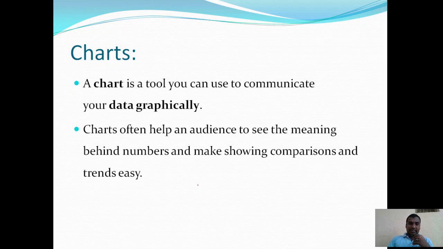So let us start with a chart. What is a chart? A chart is a tool you can use to communicate your data graphically. So we are using charts to communicate with the audience by presenting your data in a graphical form.